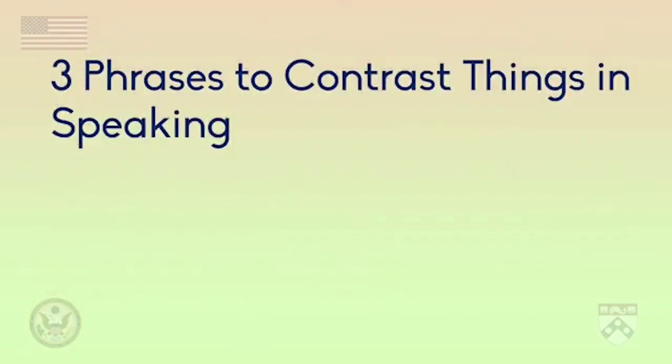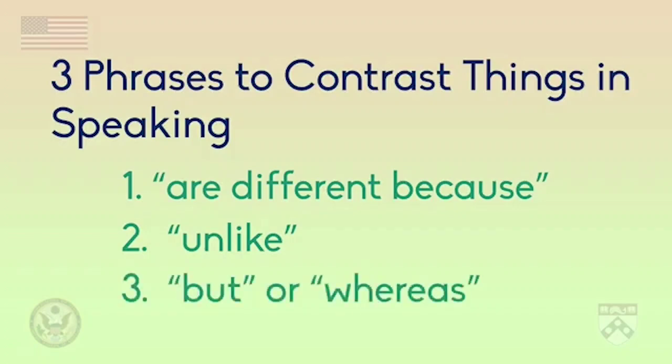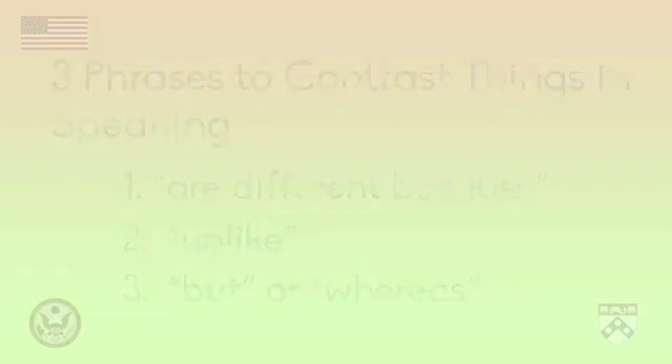Let's review the 3 phrases to contrast people, places, experiences, or things. 1. Are different because. 2. Unlike. 3. But or whereas. To summarize, there are certain phrases to compare and contrast how things are similar and different. Often, speakers use these phrases